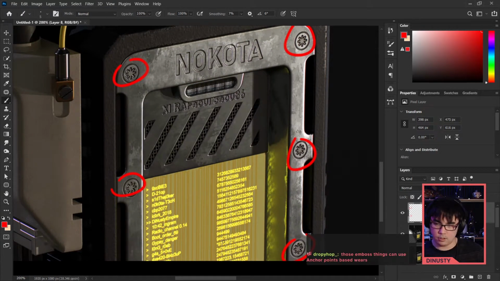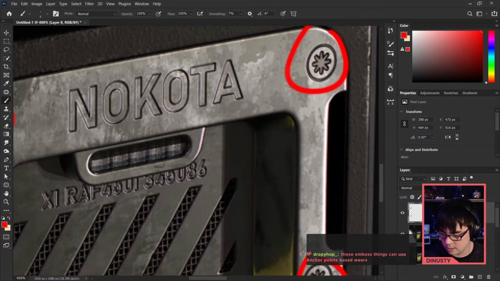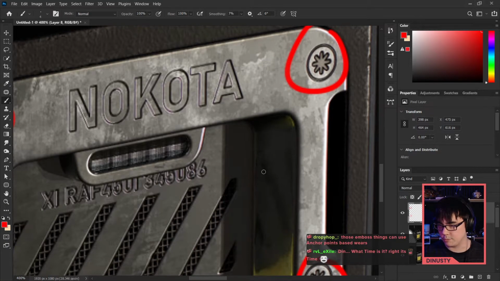These screws, those embossed things can use anchor point based wear. Yes, so I don't think that's enough. They need to be able to imply that they're screwed in, and right now they're very flat, right? The information on the inside here is very, very flat. You can argue it's almost the same depth as this, because the way normal maps work is once it flattens out,